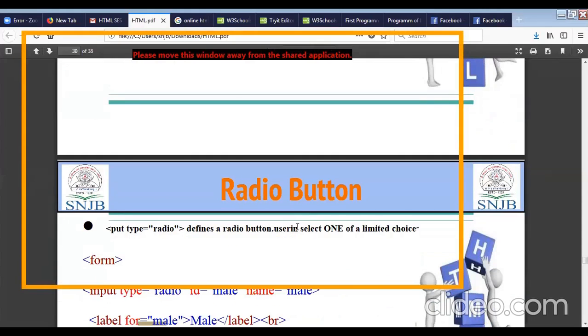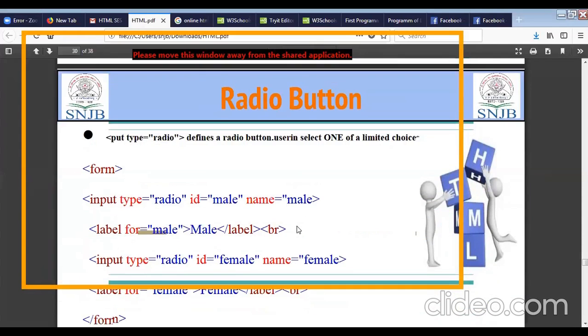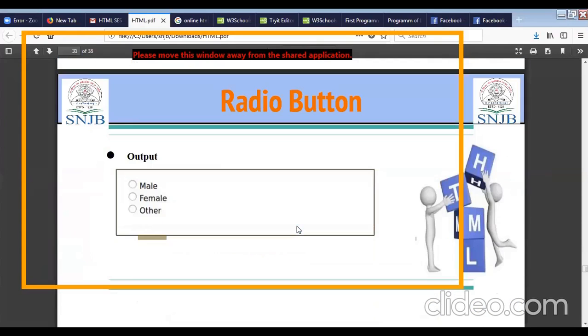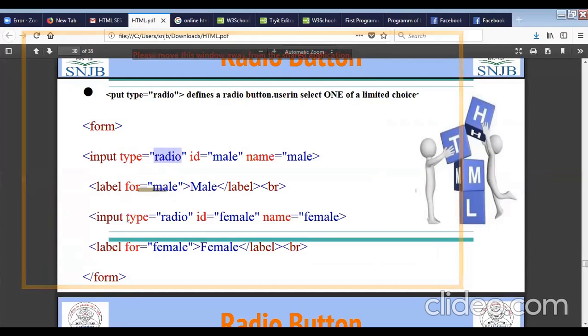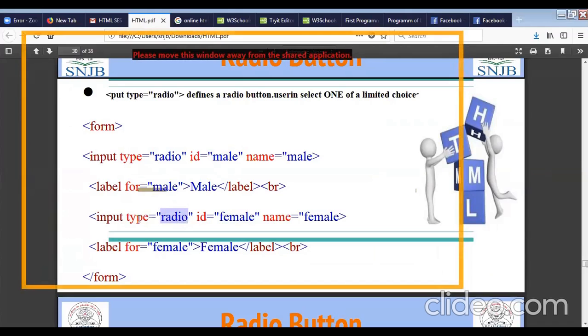Then for adding the radio buttons or submit button, so there will be again, instead of text type, you have to enter radio for radio button. Okay. Again, it is for male. If I want to enter for the female, then I will use type will be same, that is radio. Okay.